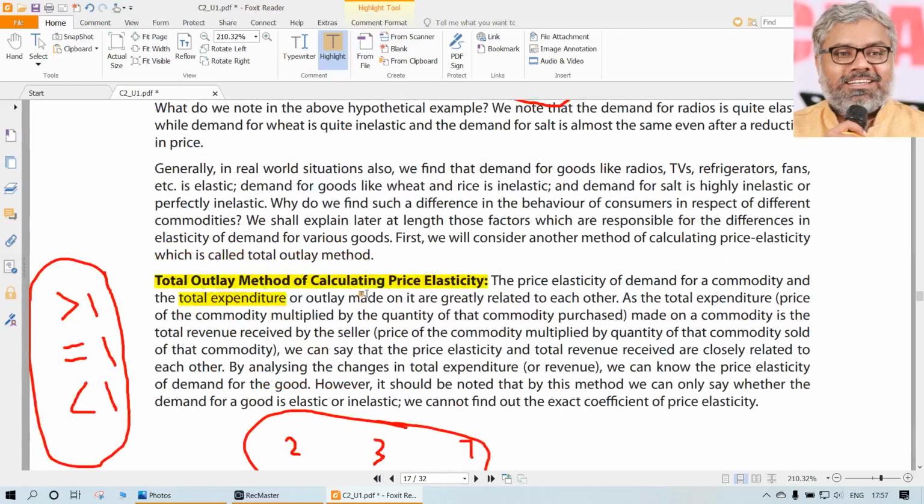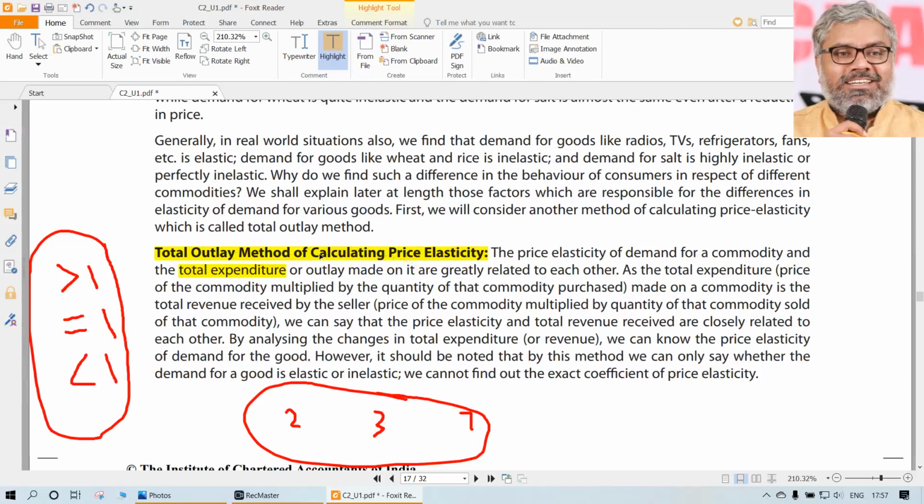Why? Because there is a simple understanding you have to keep in mind here. When we say total outlay or total expenditure, for whom is it? Is it for the consumer or the seller? Demand is from whose point of view? Demand is from the consumer's point of view. Who buys, who purchases? The consumer purchases. When he buys, that's what is called expenditure. Outlay is nothing but outflow. When he buys something, is he not paying out the cash? Is he not giving out something from his pocket? Yes, that's what is outlay. So outlay or expenditure are more or less the same. The expenditure or outlay are the words used from the point of view of the buyer.